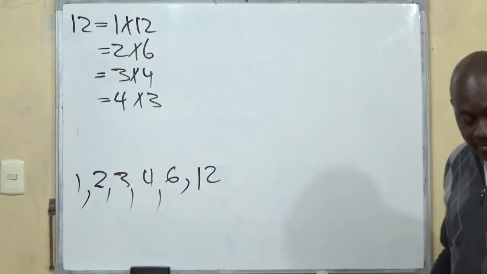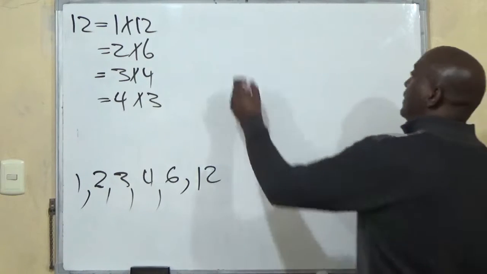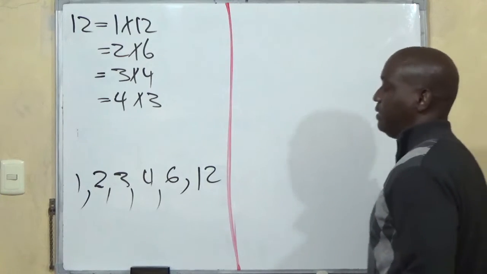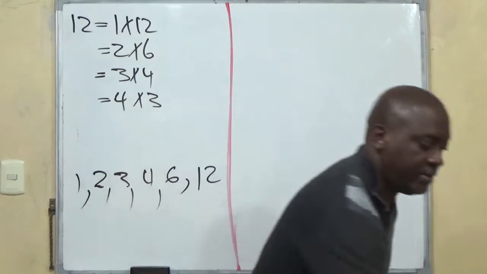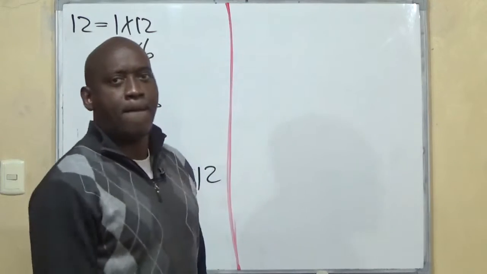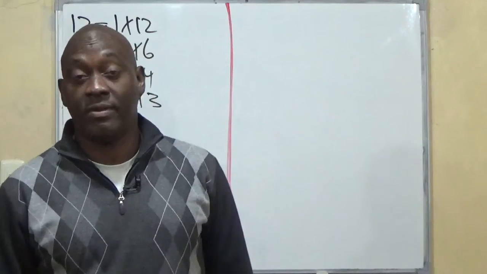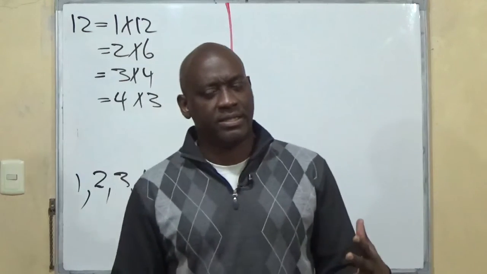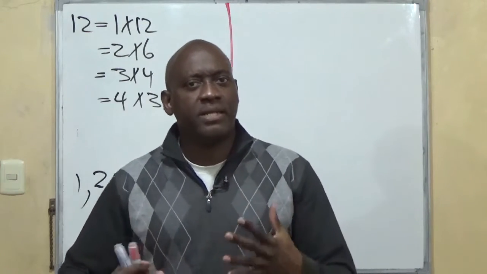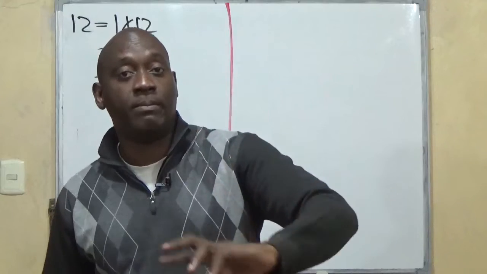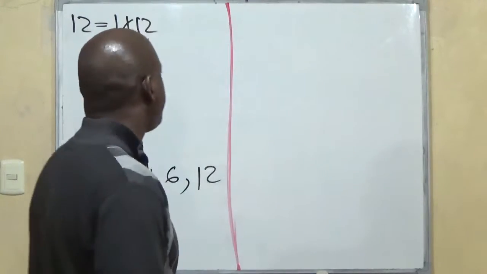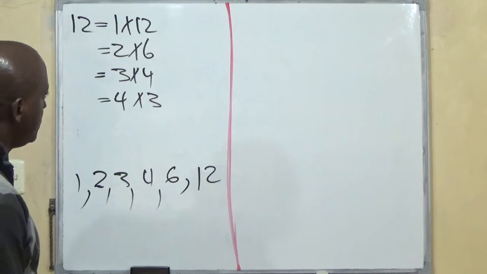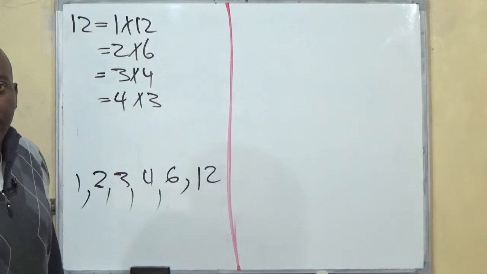So we draw a line down the middle of the board, and on the next side of the board, we go on to consider the multiples of 12. What are the multiples of 12? What numbers do we get when we multiply the number 12 by 1, by 2, by 3, whatever? All right. So the multiples of 12 are 12 by 1 is